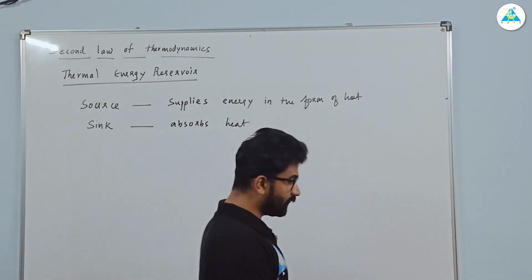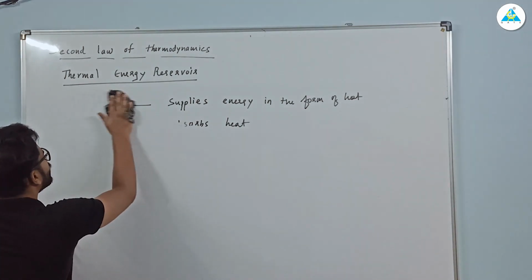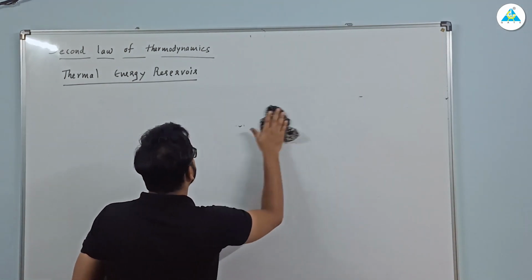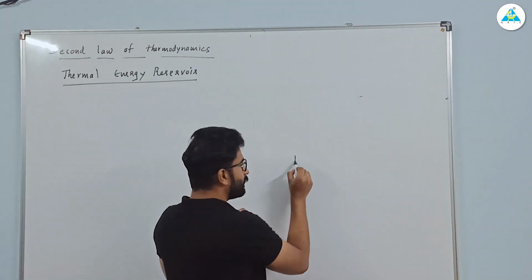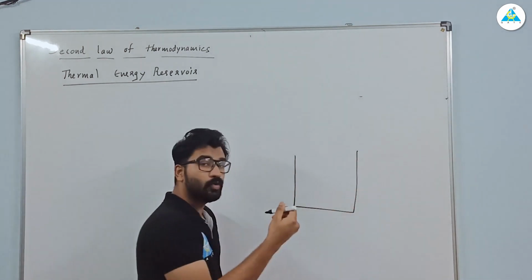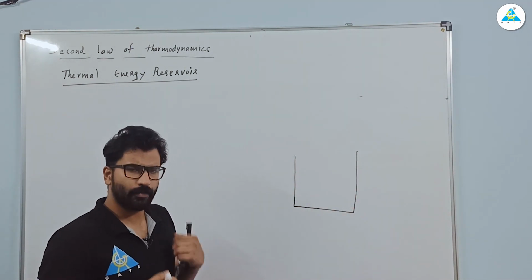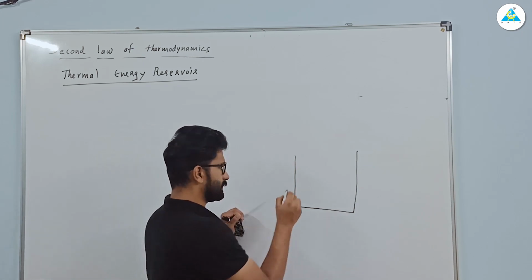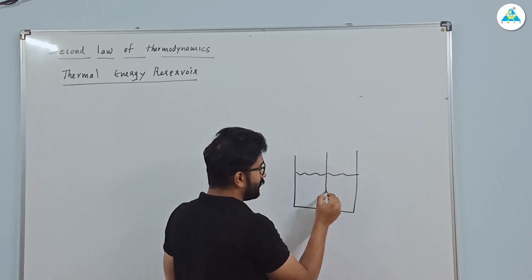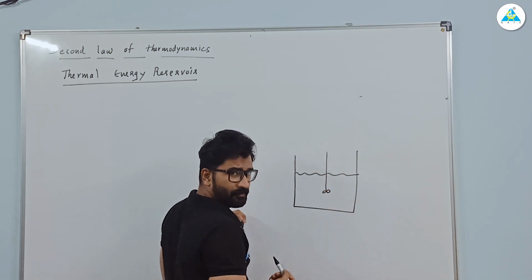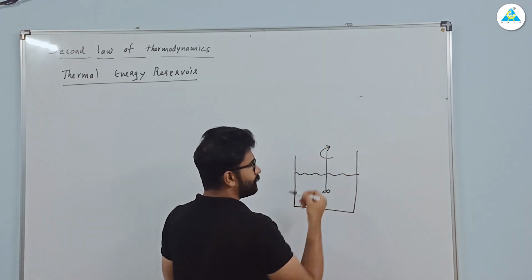Now, the conversion of work and heat, that is the most important part, right? The conversion of work and heat. So you can see here, you can always remember this example whenever you have confusion about work and heat. This chemical example, you can see, right? So this is a reactor, and this is our stirrer. If we rotate the stirrer, if we stir this, right?